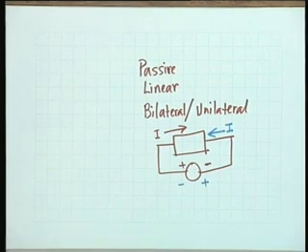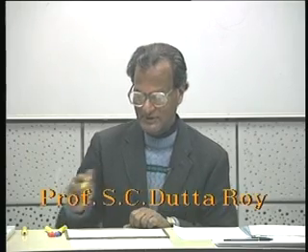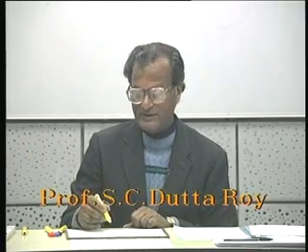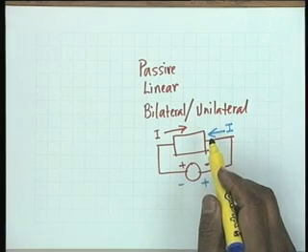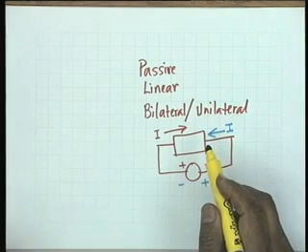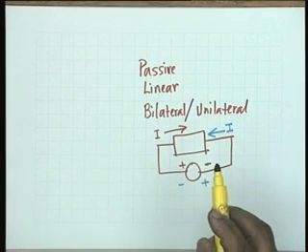So this is applicable for both active and passive circuits? Both active and passive circuits, yes. So this is for when you connect a voltage source? Or a current source. If you connect a current source here, then there is a polarity of voltage. If the current source is reversed, the polarity of the voltage should reverse, the magnitude should remain the same. Okay? This is called a bilateral element.